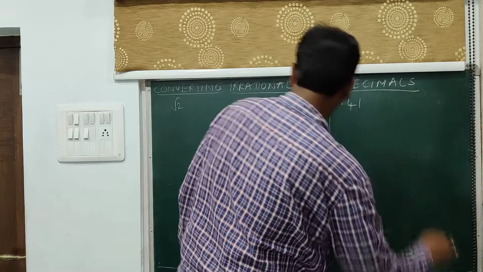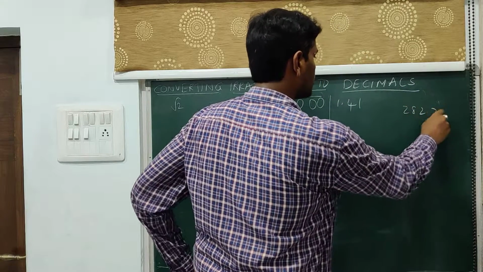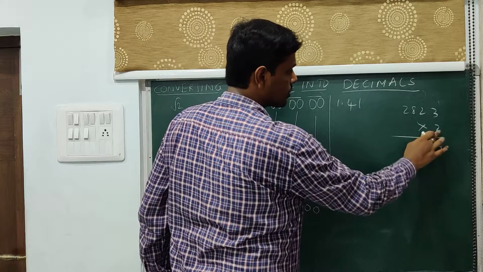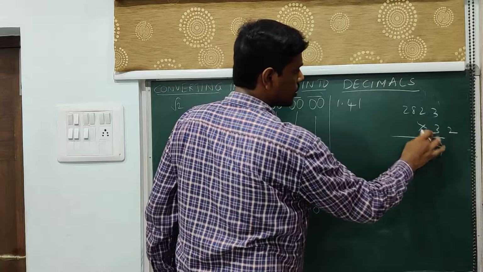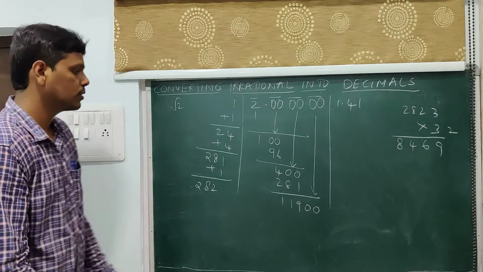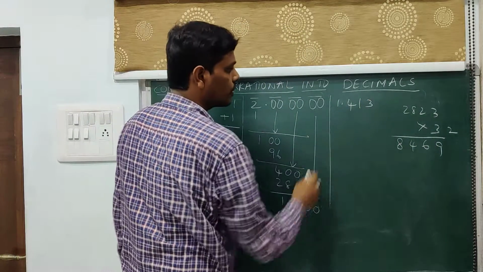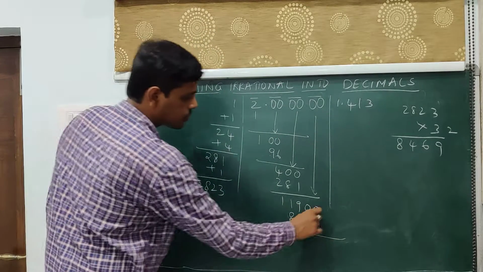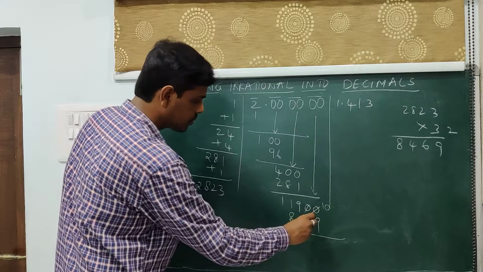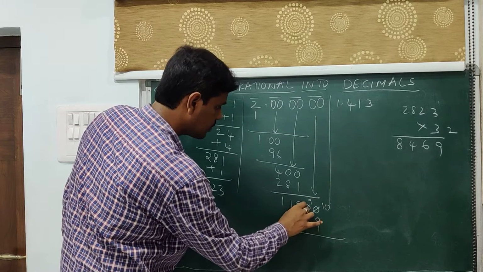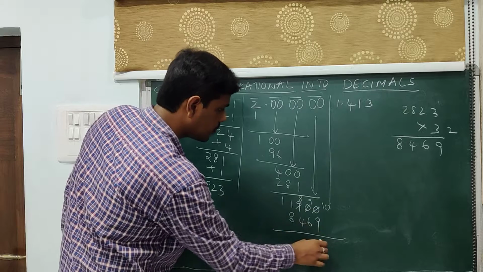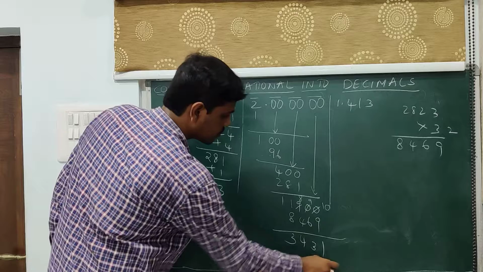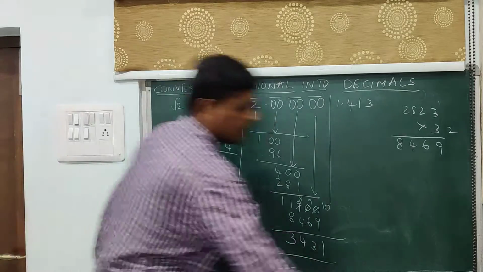We go with the 3. So 2 8 2 3. So this is 3 3s are 9, 3 2s are 6, 3 8s are 24, 2, 3 2s are 6, 7, 8. So this is 3 times, 3, 8, 4, 6, 9, and find the difference, 10. Then this is 9, this is 8. So what do you get? 10 minus 9, 1, 9 minus 6 is 3, 8 minus 4 is 3. So that is the case.